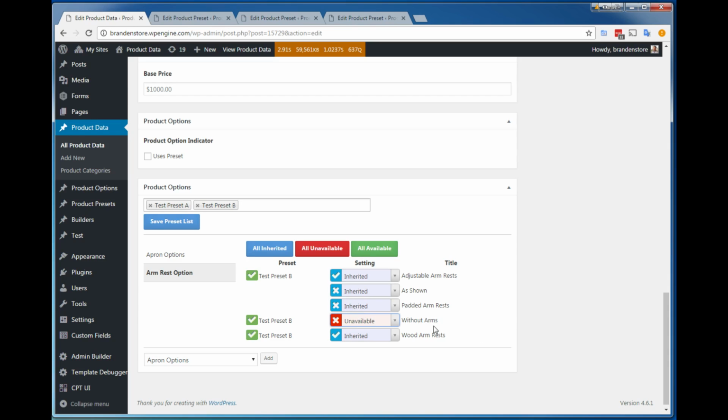And likewise, let's say instead of having a without arms option, it does have the padded arms section. You can say, yes, this is available. In short, anything here with a check mark is going to be available, and anything without a check mark is not. If I switch back to inherited, you'll see even though they're all blue, the adjustable armrest,